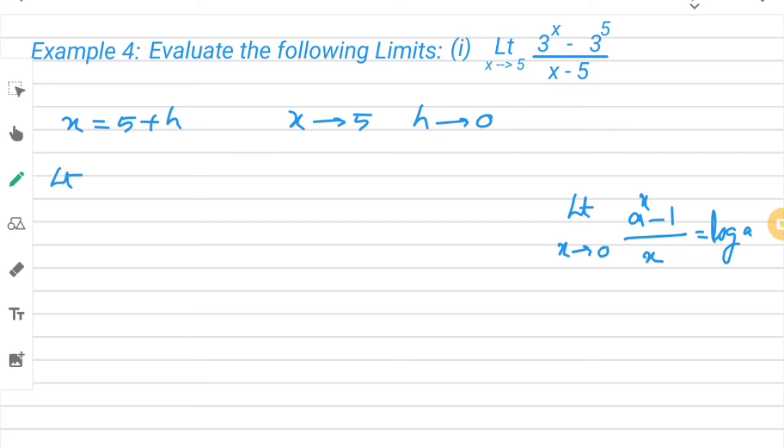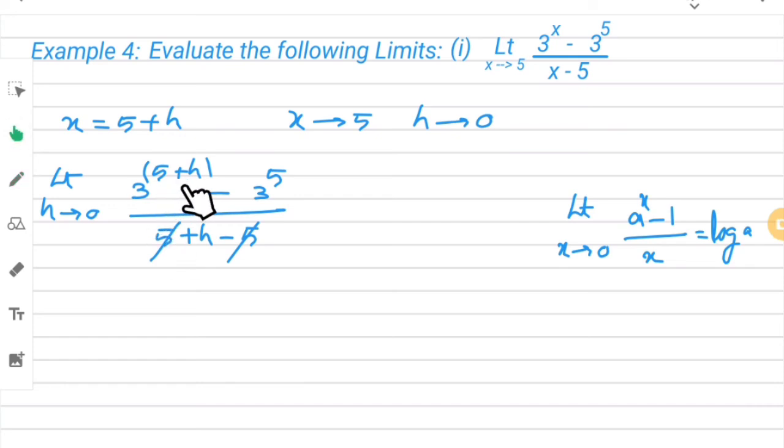Yes, limit, instead of x tends to 5, I am going to write h tends to 0, and 3 power x is there, so 3 power 5 plus h minus 3 power 5 whole divided by x is there. So I am going to write 5 plus h and remaining minus 5. This 5 and this minus 5 will get cancelled. Here the power is in an addition. If the same terms are multiplied, the power is added, right? So I am going to split the power. It will become limit h tends to 0, 3 power 5 into 3 power h minus 3 power 5 whole